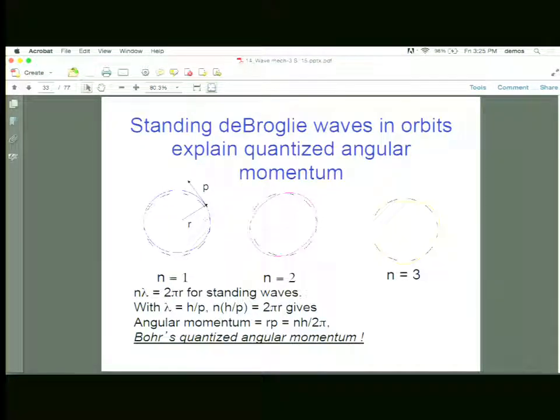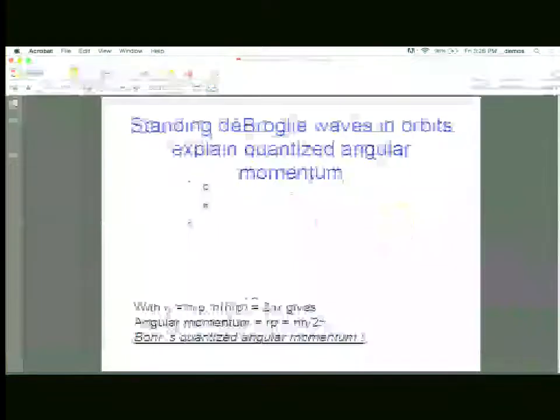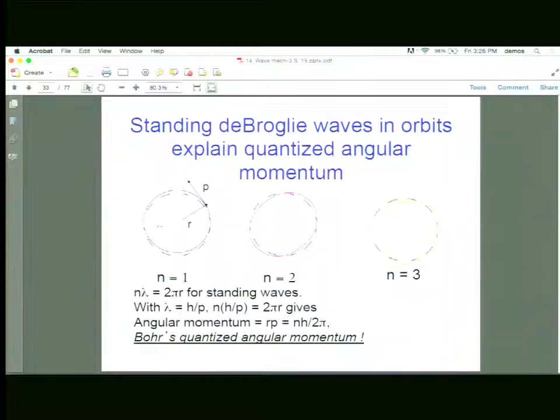The point was that when de Broglie said that the momentum is associated with a wavelength, or if you will, lambda is h over the momentum, p being mv, his idea right up front was that if there's a wave going around a circle, and it interferes with itself coherently, then you might have something special happen. You have kind of like a standing wave.